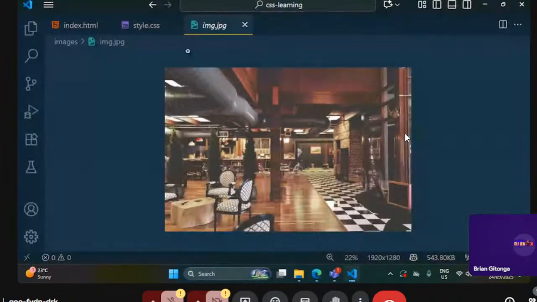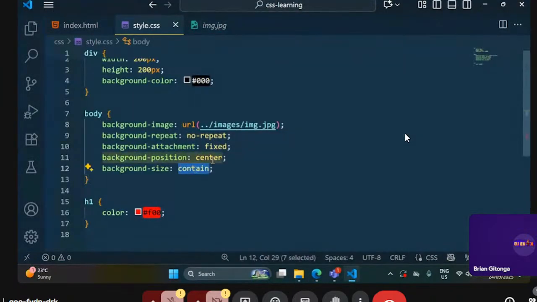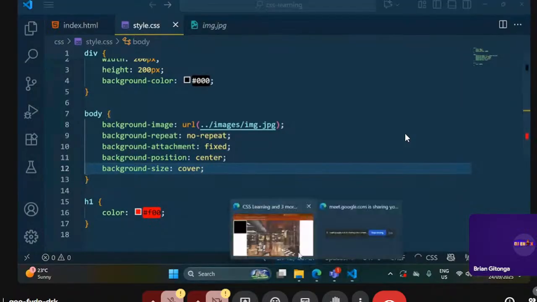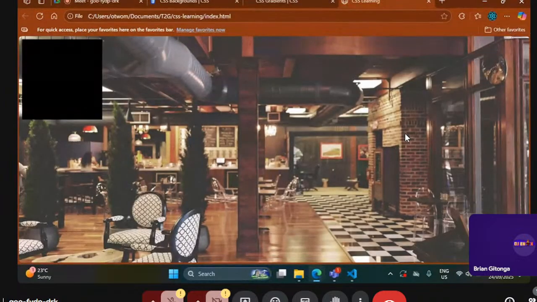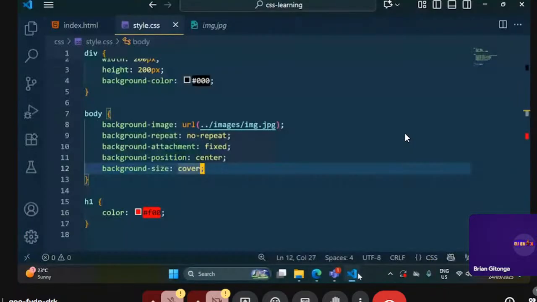So we also have another value. Sorry, not property, but another value. Background size property, we set it to cover. And when I save that and refresh it, you can now see it is being stretched. The browser is going to stretch this image to fill the entire element, not the entire browser, to fill the entire element. It's only that in our case, the element itself is filling the entire browser. So background size cover is going to stretch the image to fill